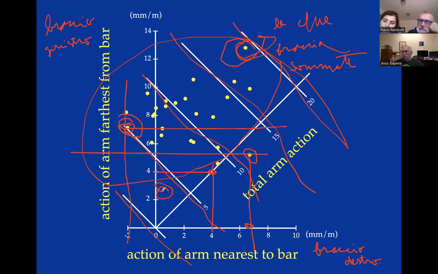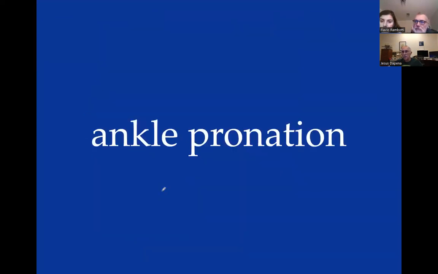Okay, so the next topic is supposed to be the bar clearance, the start of the bar clearance, which then will be continued in lecture number 3. But before that, I want to talk about something else. This is not about performance, it's about injury. This is ankle pronation. If you're standing on a shoe like this, and your foot goes like this, that's called pronation. This would be called supination. And in high jumping, you can have a problem with pronation.